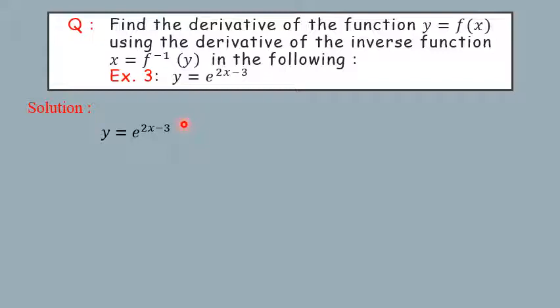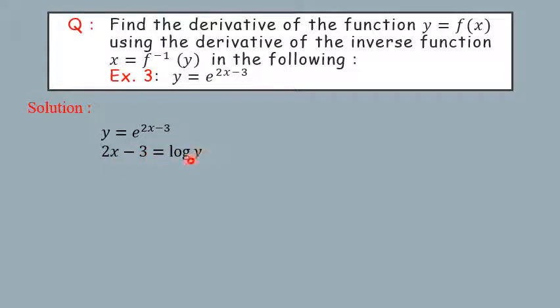Okay, this is an exponential form, y is equal to e raised to 2x minus 3. Here e is base and 2x minus 3 is exponent. Okay, so by definition of logarithm, first we are going to reduce this exponential form into logarithmic form. So this can be written as exponent, that is 2x minus 3, is equal to log of y to the